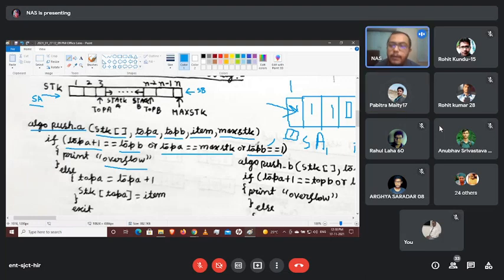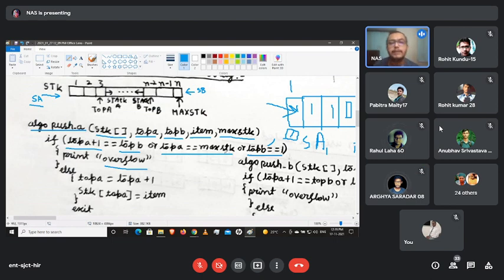The significance of this particular top B line is that before starting the insertion operation of stack A, we have started the insertion operation of stack B, and stack B has started inserting from here, and since the total array was empty because there was no insertion operation at that time, that stack B got totally occupied until 1. So that's why there is no place for an insertion operation for stack A. So that is one overflow condition. Clear about top B equals 1? Why top B equals 1?